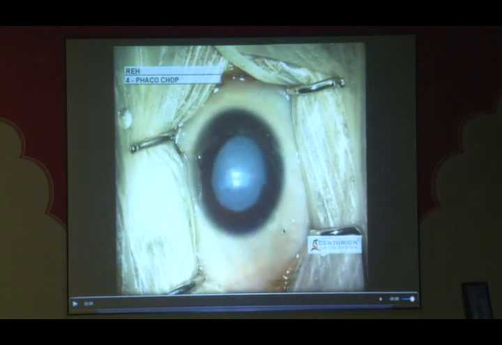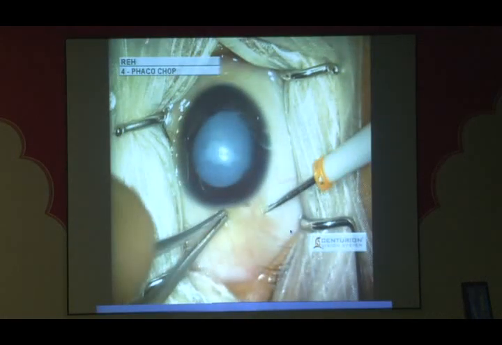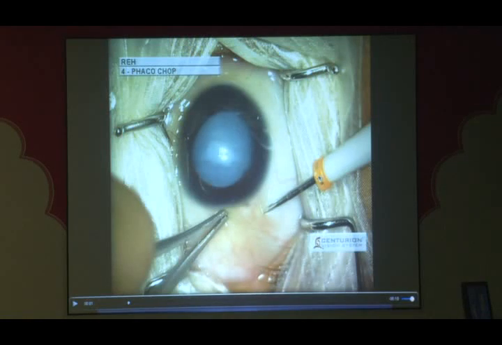So I have marked the area where I want to enter with my trocar. This is before doing anything else. The next step: now this is a 23 gauge trocar. If you will notice, I want you to see here that this is the intended point, but I just don't